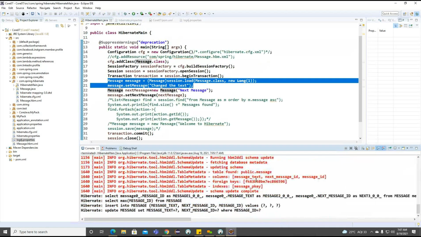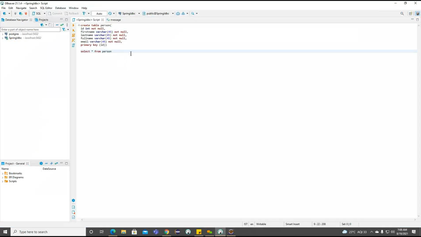Now what we are doing here, we are trying to insert data. First we are selecting the data, and we are trying to find out the particular max message ID. Based on the max message ID, we are inserting into this particular message table. So we'll see